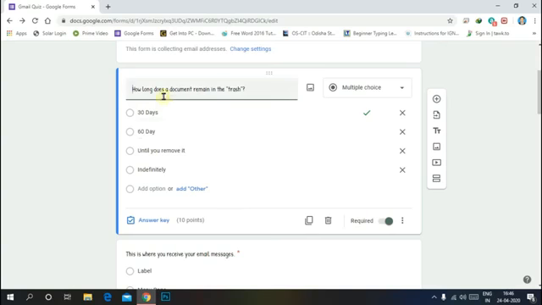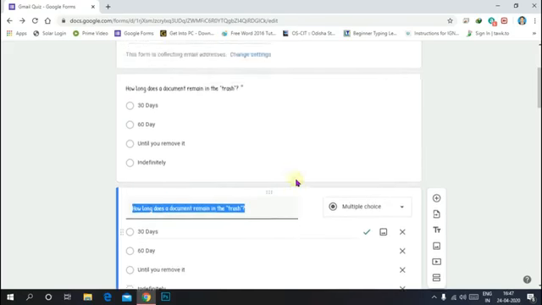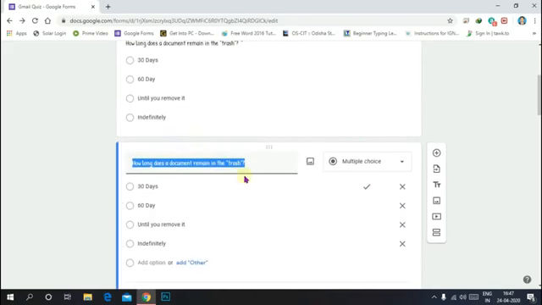If you want to use the same type of questions repeatedly, then you don't need to go to a new question or add question option. You can duplicate this question. I used this duplicate process. Click on the duplicate option. I want to show you how to duplicate this question by clicking on the duplicate icon. Look at question 1 and 2, both are the same.